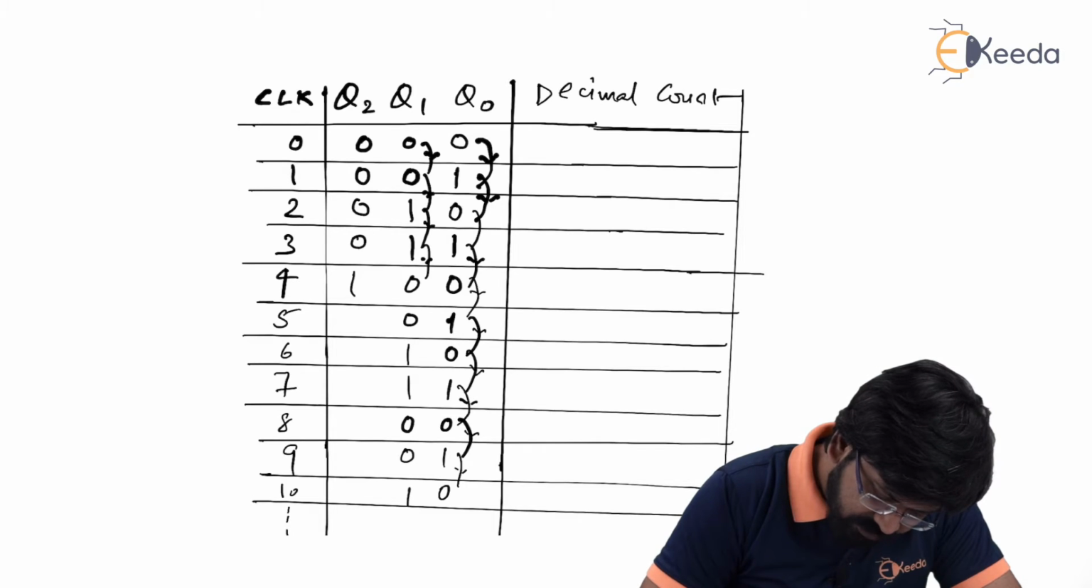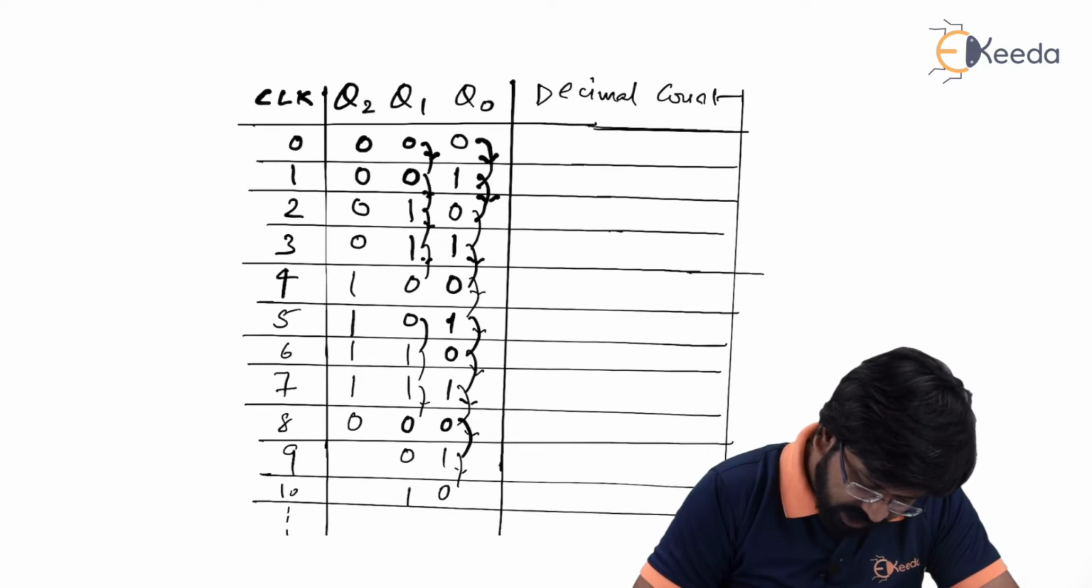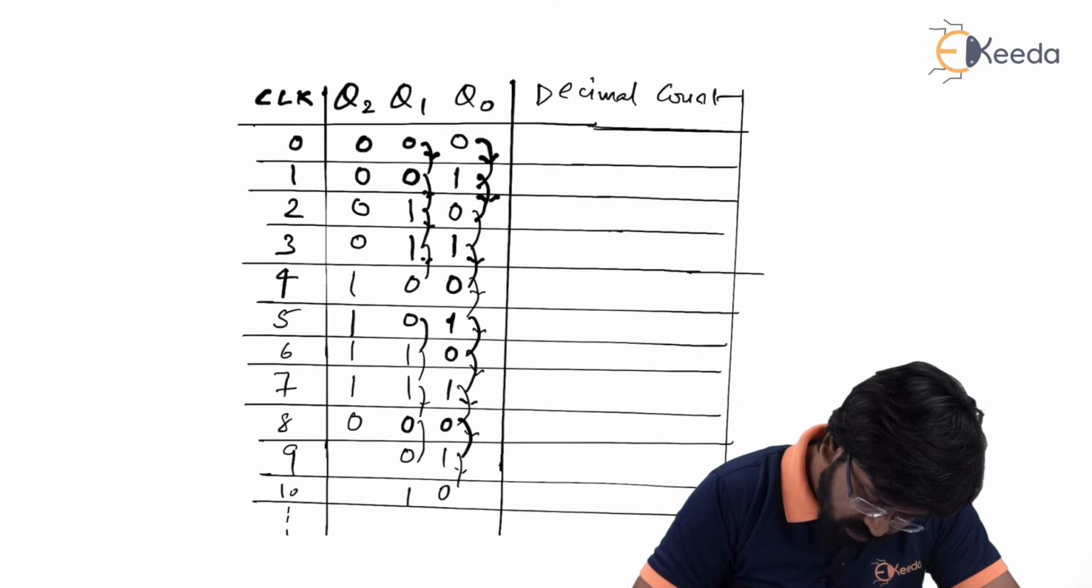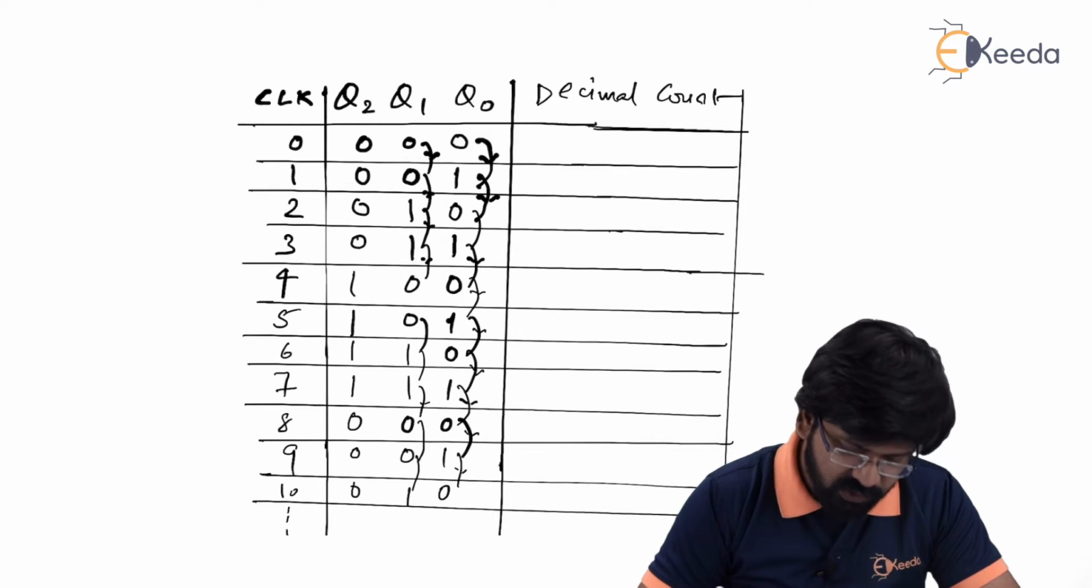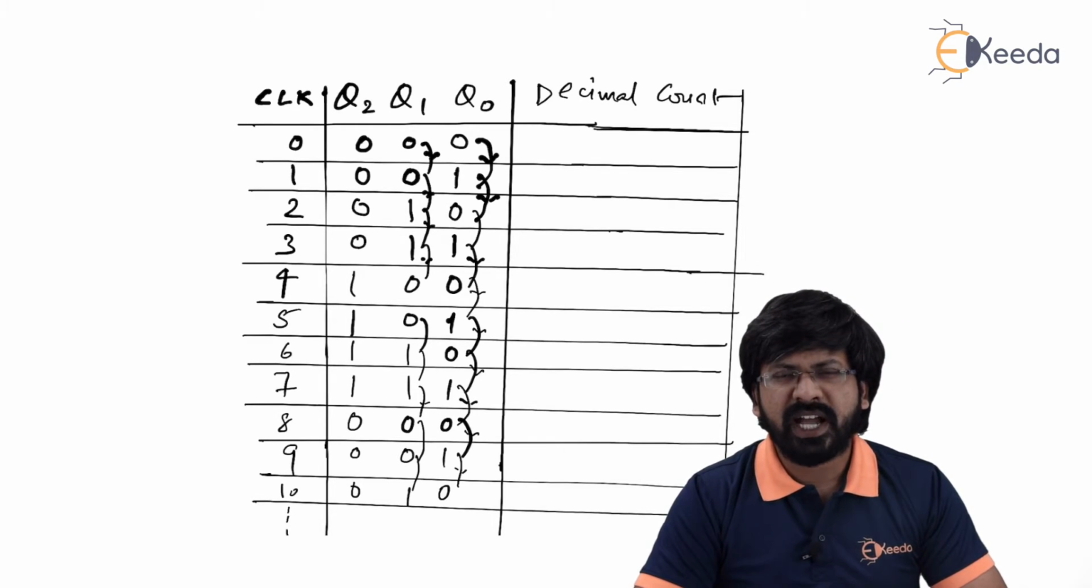0 to 0, no change. 0 to 1, no change. 1 to 1, of course, no change. But 1 to 0, again there is a change. Is that right? And again, going further, 0 to 0, no change. 0 to 1, no change, and so on. Is that right? Now Q2 Q1 status, we already have this,